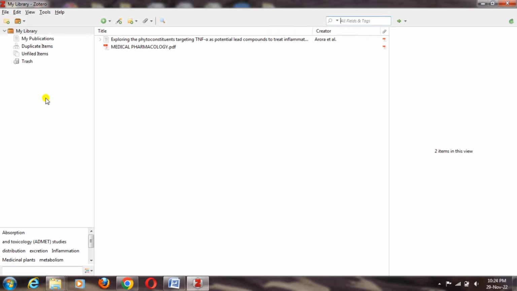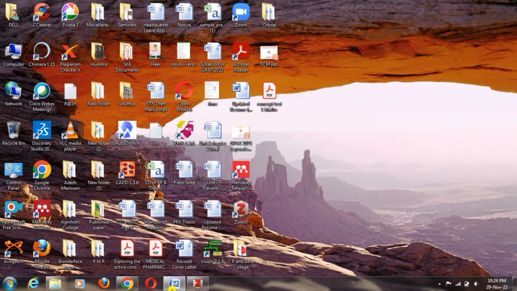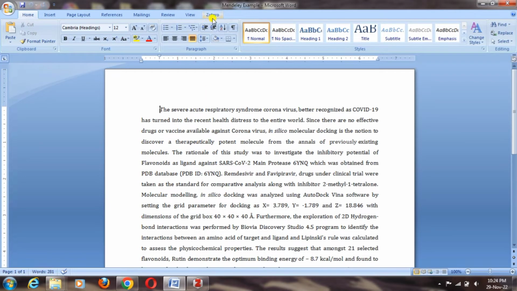We will discuss how to add references in Zotero, how to maintain or manage your library, and how to insert these references into the Word file. Before that, I will tell you that the Word file will have the Zotero icon. After installation of this software, this Zotero icon will automatically appear in your Word file.